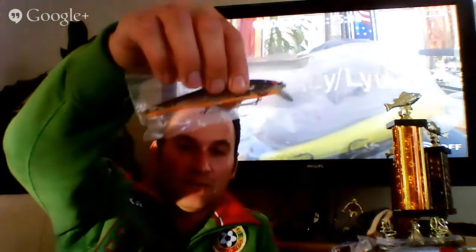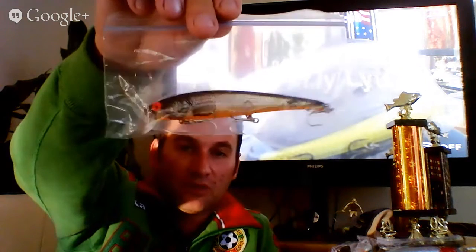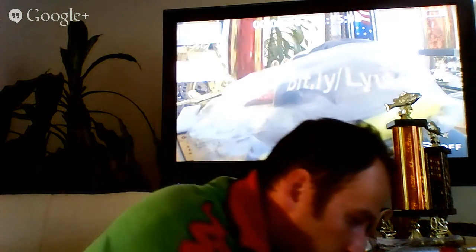And the Long A, this lure has performed very well in bass tournaments. It's a great minnow bait when you're targeting walleye and pike. So you want another Bomber. I have a size 10